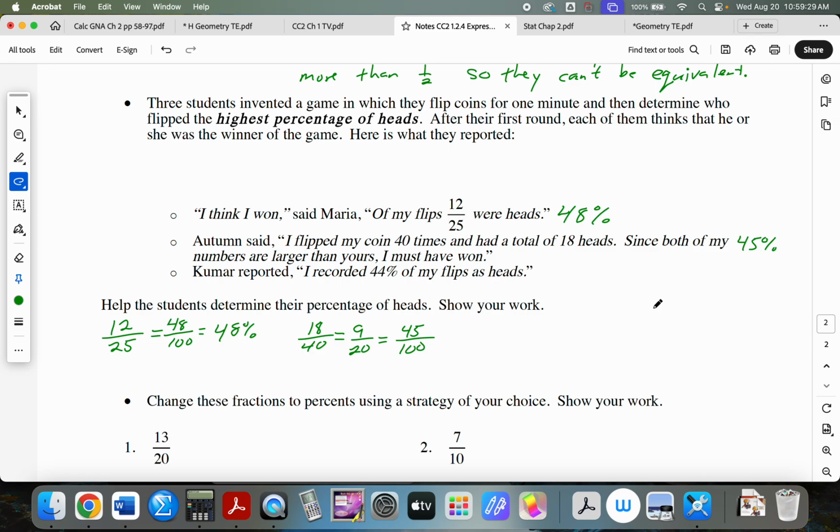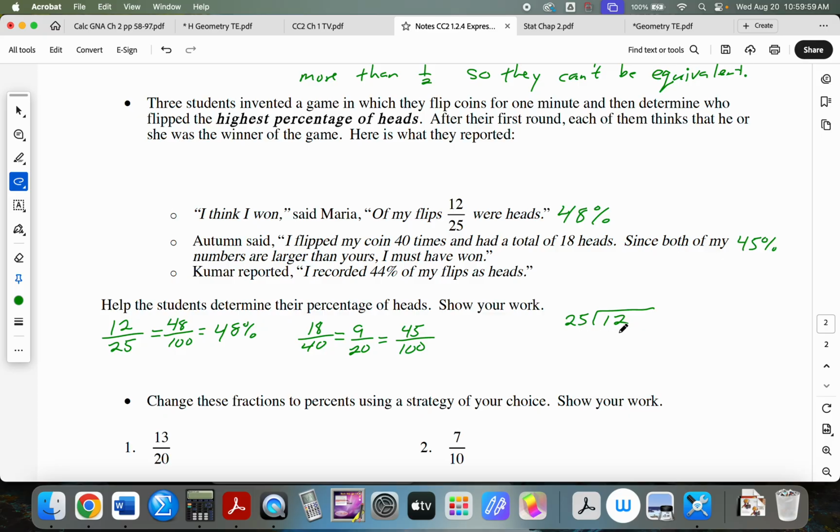Warren, how could you change 12 over 25 into a decimal? Multiply by 4 to make it 100. No. Make it into a decimal. Every time you do a fraction, Quentin, you have an idea? It's division. Yeah, it's a division. You do 12 divided by 25. Yes. If you do 25 divided into 12,